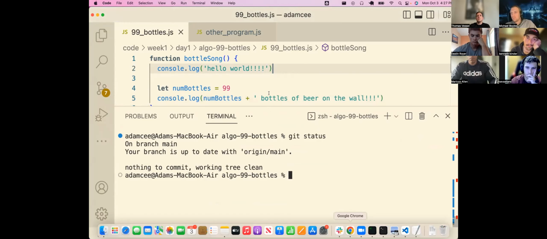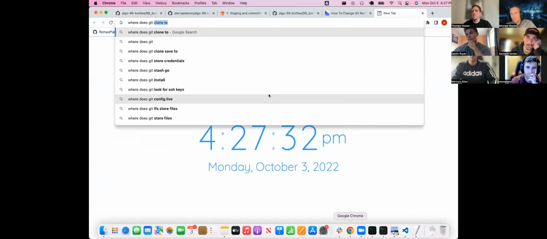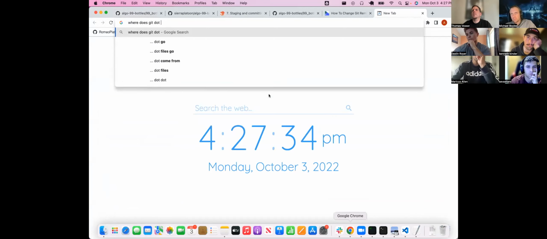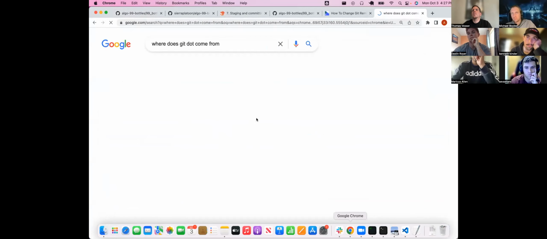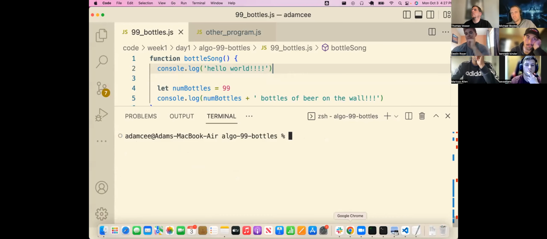But you're correct that the dot syntax is pretty common. It might come from regex. I don't remember, but you'll see essentially the dot means everything. See, the dot stands for the current directory. Okay, that makes sense. So in terms of the command line and navigating,